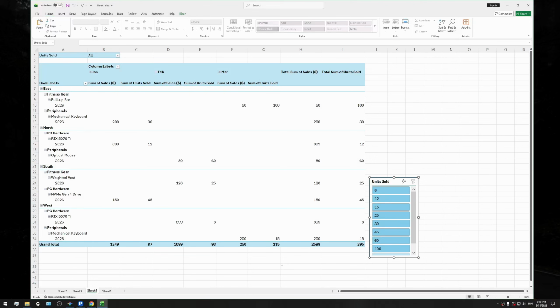How to use conditional formatting based on specific text in Microsoft Excel. So in a high volume spreadsheet, important status updates can get lost in a sea of text. You shouldn't have to read every cell to find the out of stock items or the completed tasks. Today I'm showing you how to use conditional formatting to automatically change the color of cells based on specific text